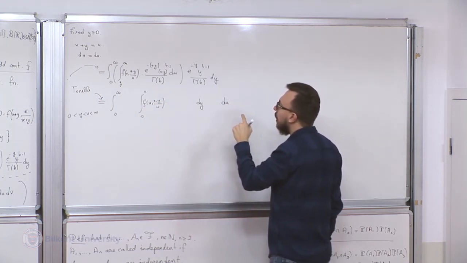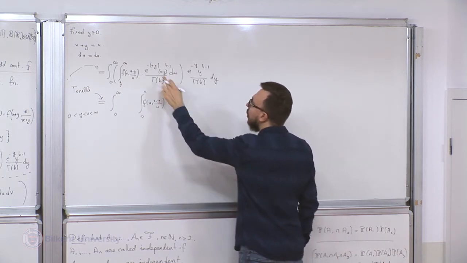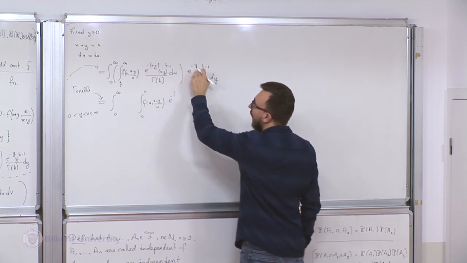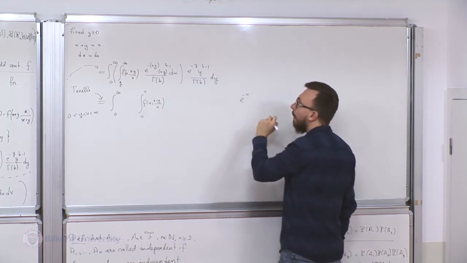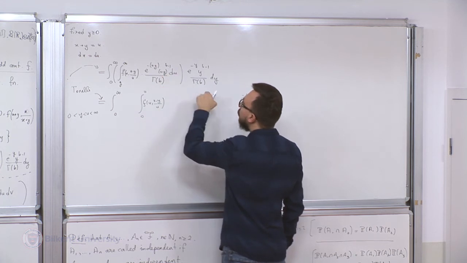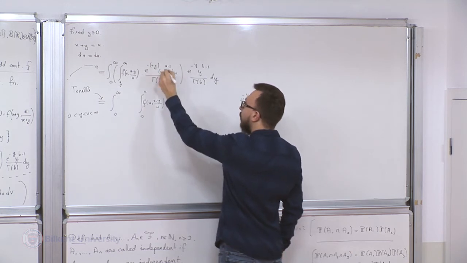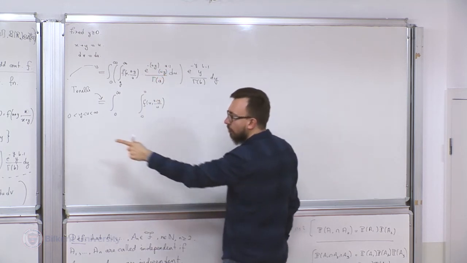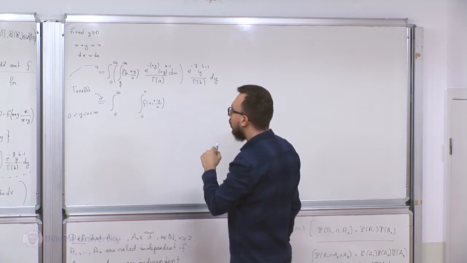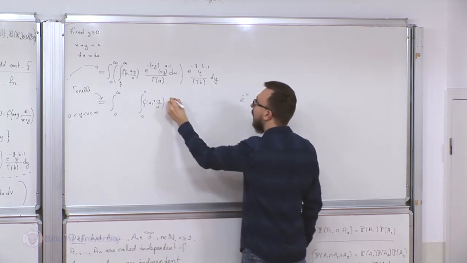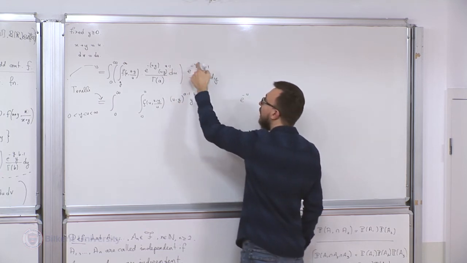Well, everything depends on y here, right? Let me write this. e to negative u minus y, e to negative y. This becomes an e to negative u, right? Let me write it here. And I made this mistake because that was supposed to be a. Over there, you see my typo, right? So this was supposed to be a minus 1. So let me write them. (u minus y) to the a minus 1, y to the b minus 1, right? They all depend on y.